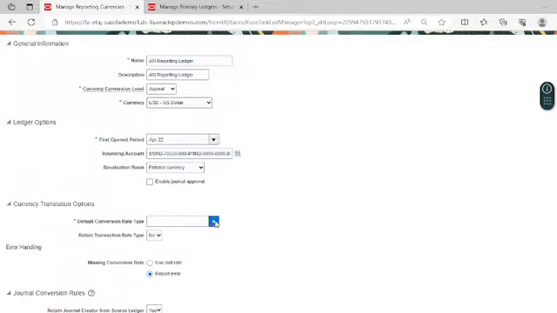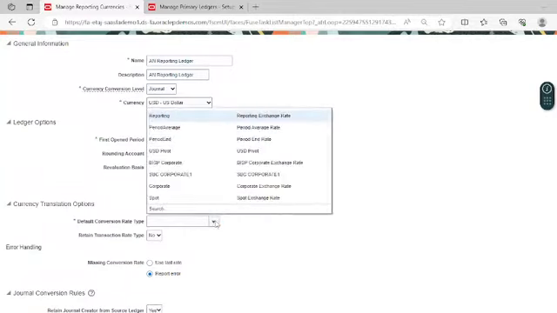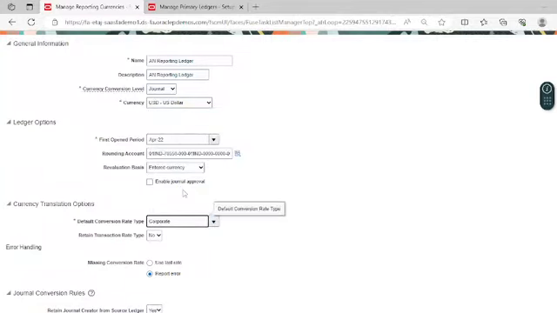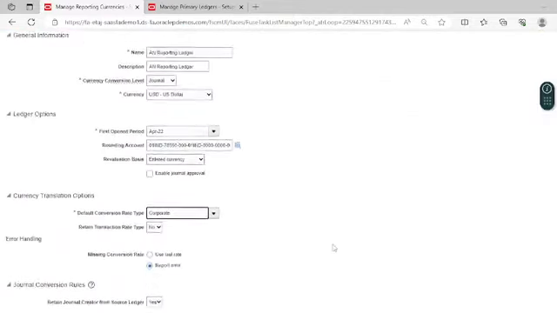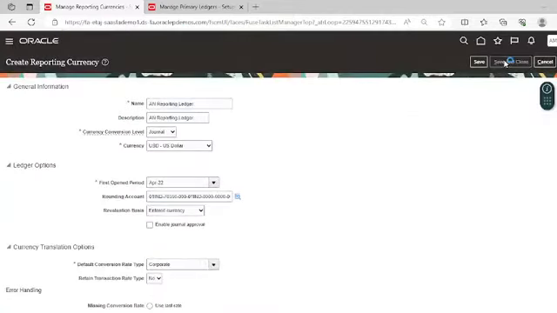So I am taking corporate rate as the conversion rate. And now click on save and close.